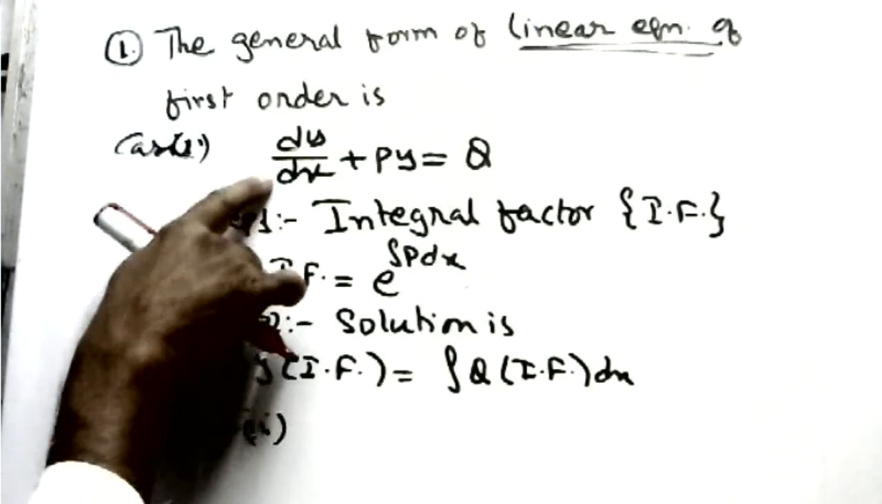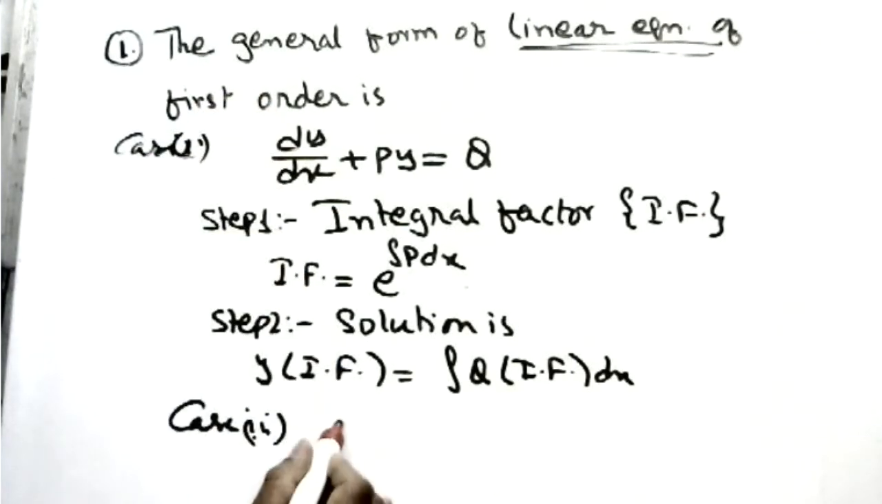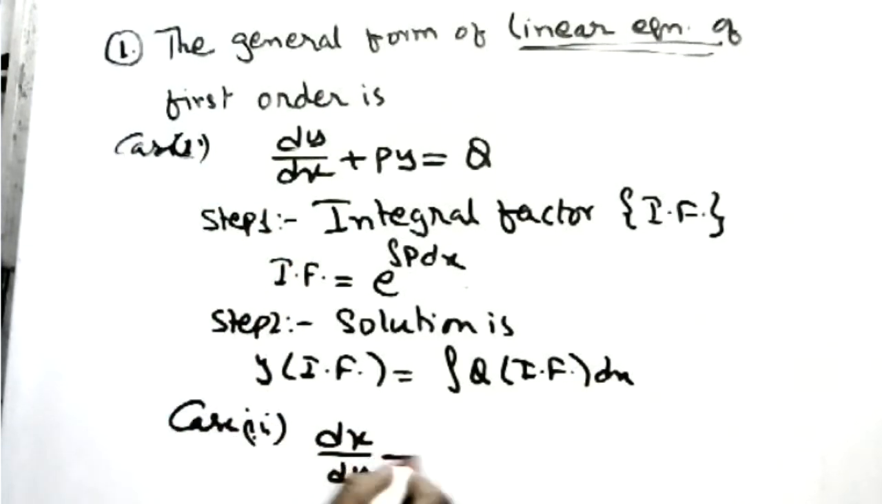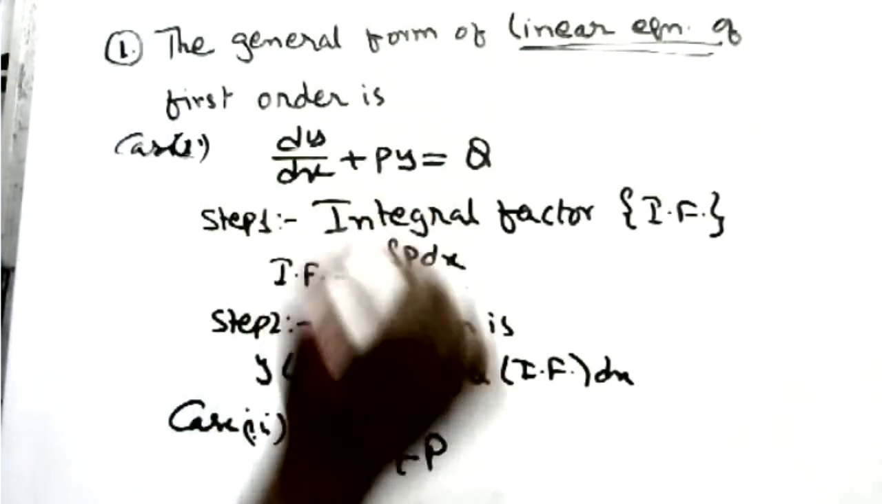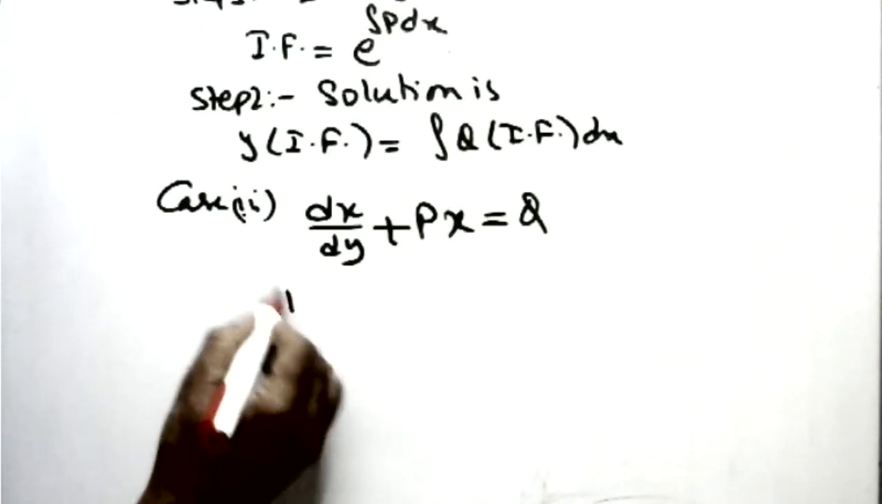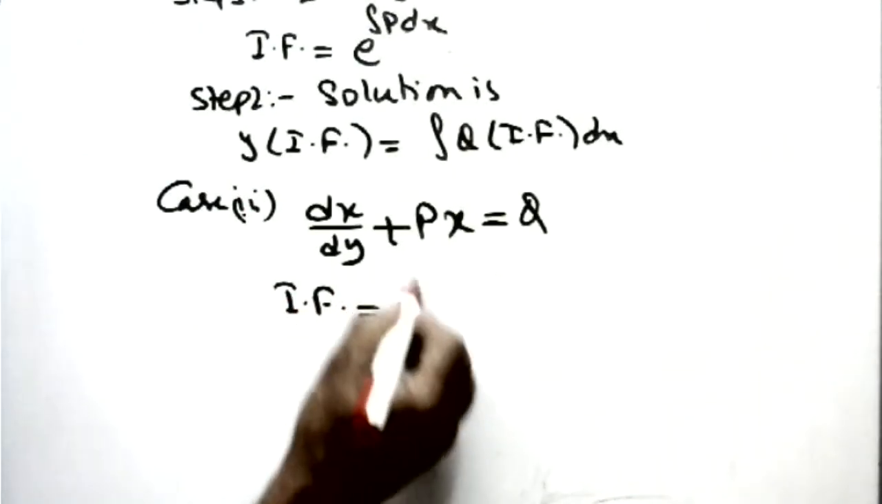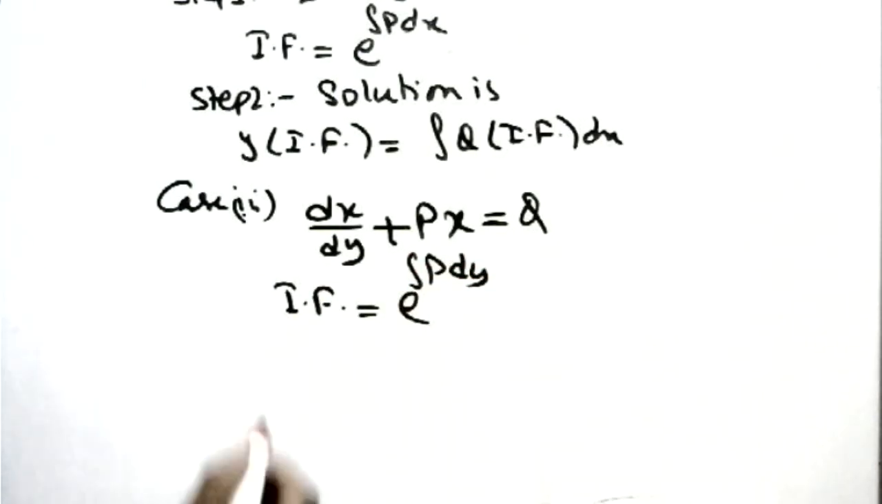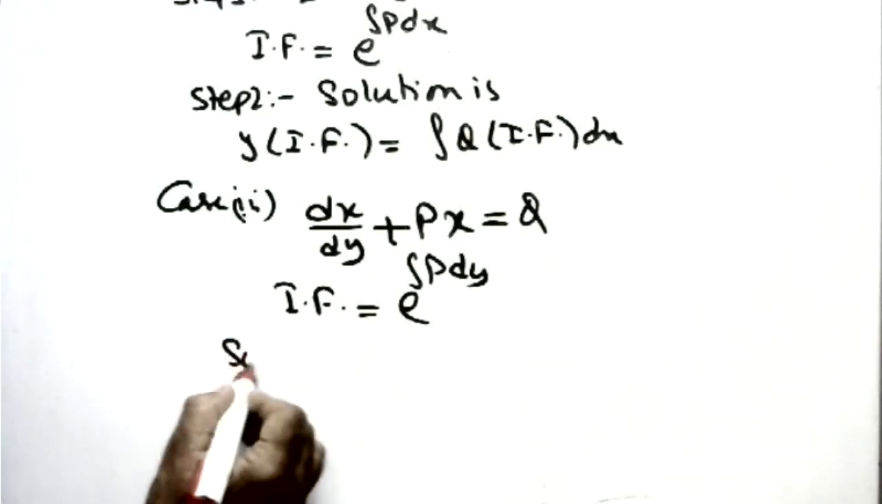Sometimes the differential equation will not be like dy by dx, but reversed, dx by dy plus px equals q, not py. Rarely we get it like this. Here the integral factor will be e to the power of integration p, not dx but dy. That is the first step. The second step is